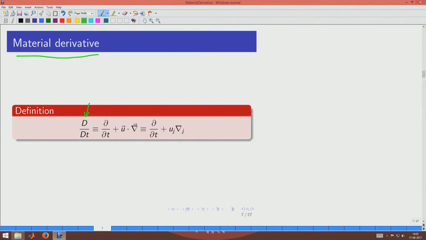Okay. So, what we want to say is that material derivative is nothing but the complete differential with respect to time in Eulerian specification, and it will have two terms. The first one is the partial differential with respect to time, and second is the advective term given by u dot nabla. So, it is an operator, and if you remember from the dot product usage in subscript notation, you could also write it as uj nabla j, where j is the dummy index.